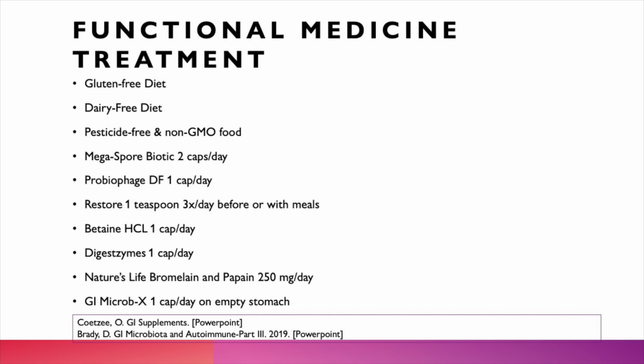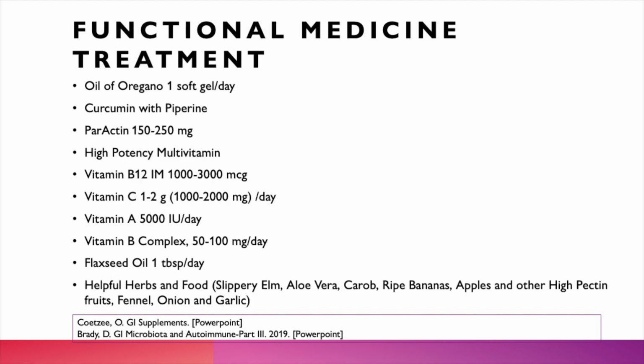per day, Probiophage DF 1 cap per day, Restore 1 teaspoon 3 times a day before or with meals, betaine hydrochloric acid 1 cap per day, Digest Zymes 1 cap per day, Nature's Life bromelain and papain 250 milligrams per day, GI Microbe X 1 cap per day on empty stomach, oil of oregano 1 soft gel per day, curcumin with piperine for better absorption, Paractin 150 to 250 milligrams, high potency multivitamin, vitamin B12 IM 1000 to 3000 microgram,